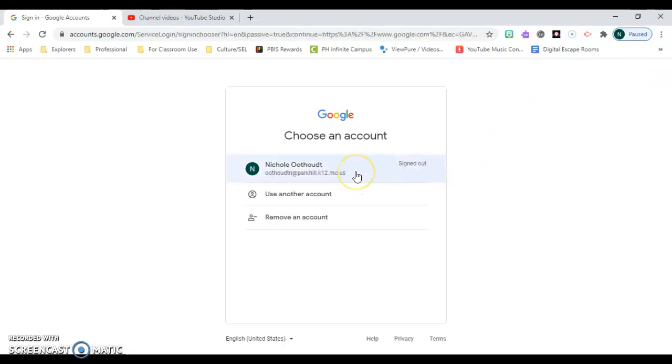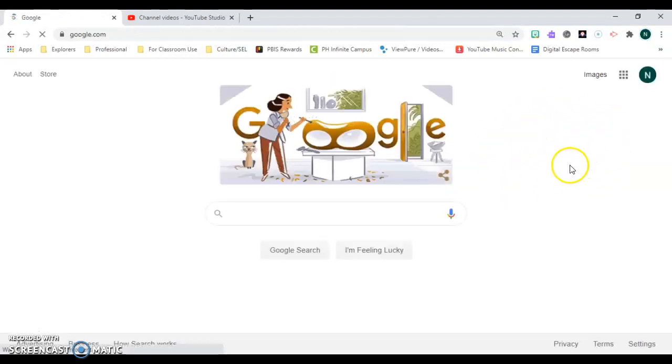You want to make sure you're signed in with your Park Hill email. So you'll click there, and if you get directed to the Park Hill page, you'll need to type in your username and password just like you do for everything else. Now, what should happen once you log in is you should see your bookmarks and everything reappear up here at